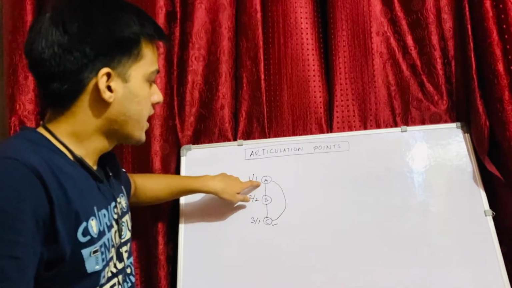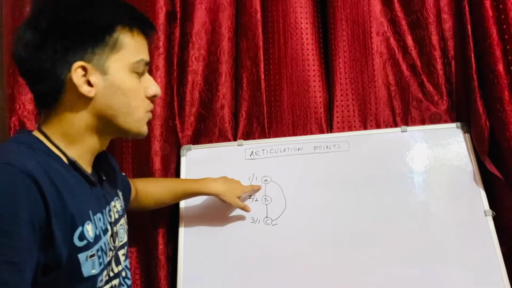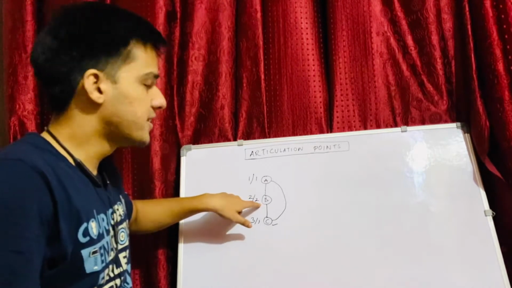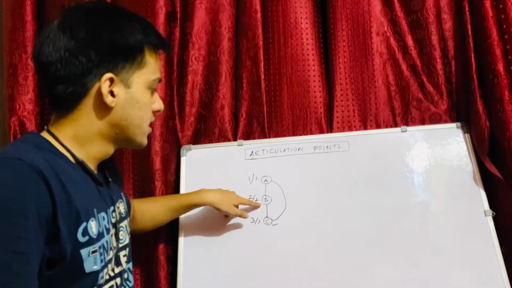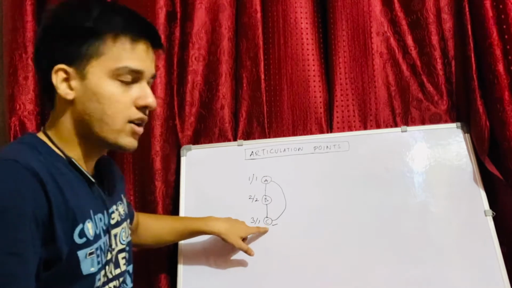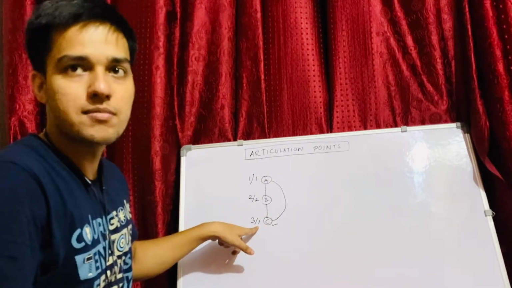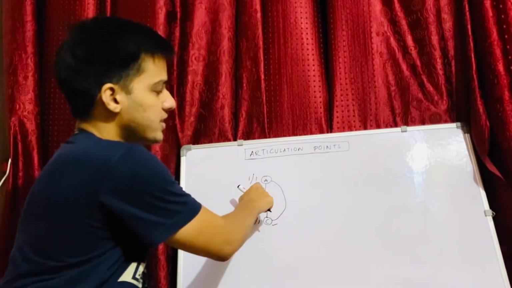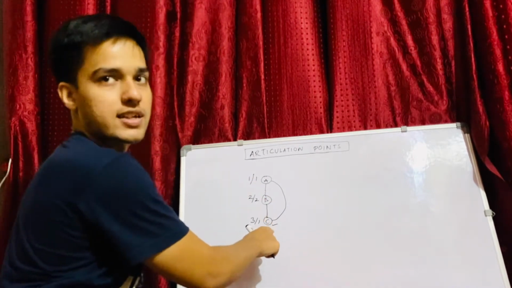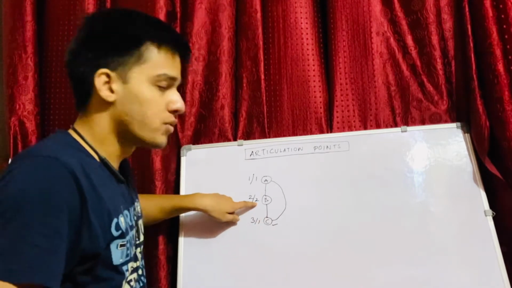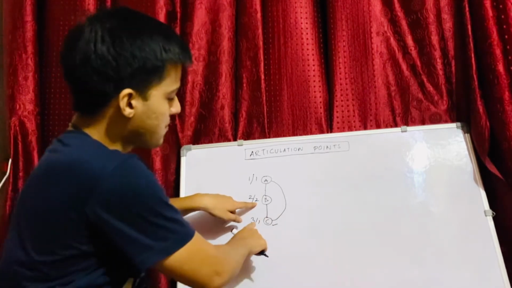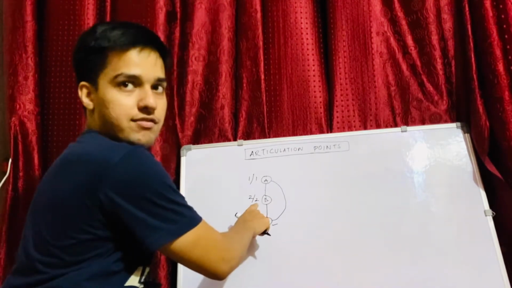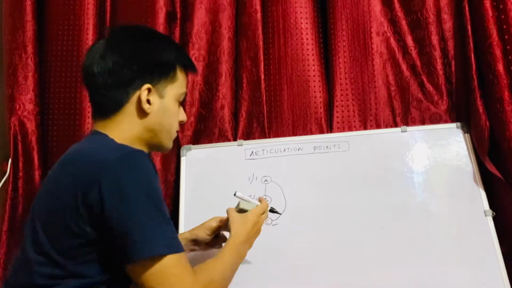For this I'll check for A, because this is also an adjacent node, but this is actually the parent of B itself, so I'll not be considering this. But for node C, I already completed and found out the lowest time, which is not going through its parent, right? So from B, I don't want to consider this path, but I can consider this path. So for node B, what would be the lowest possible discovery time? It would be the minimum of whatever the lowest discovery time is of the child and itself, which is 1, right?